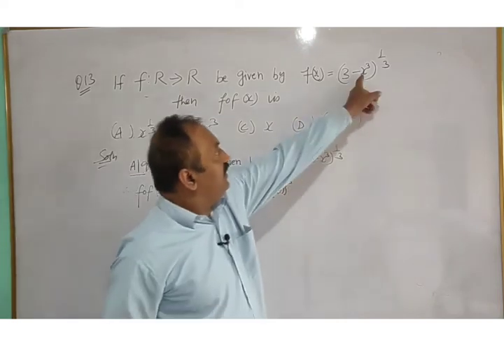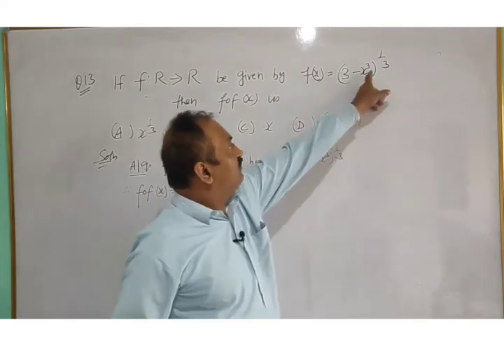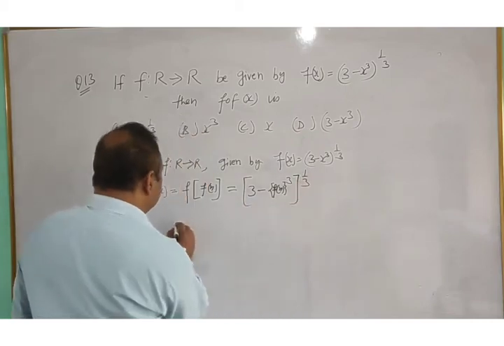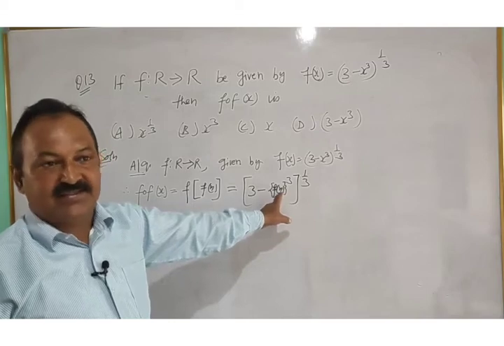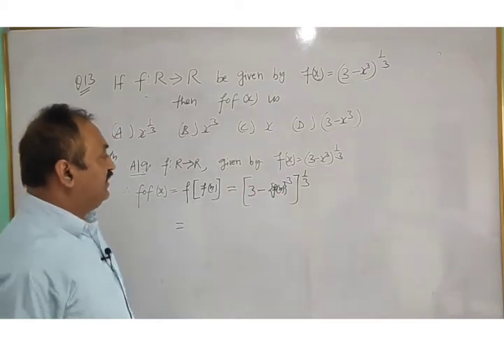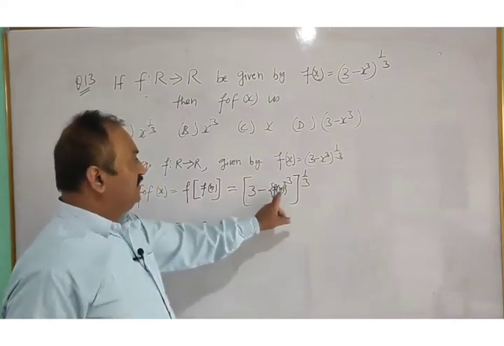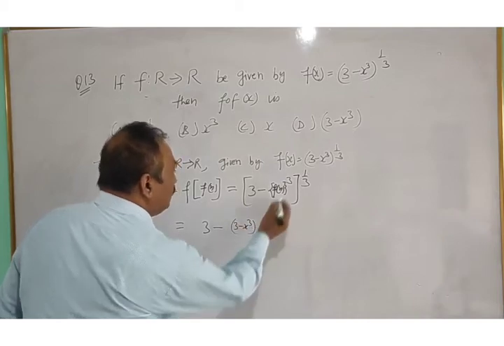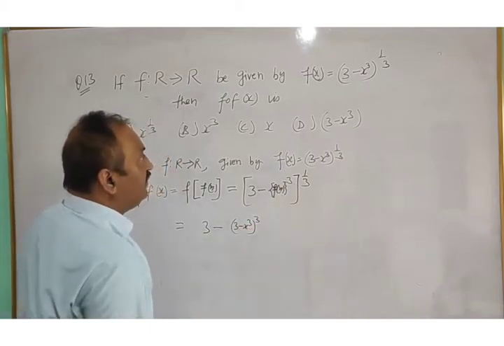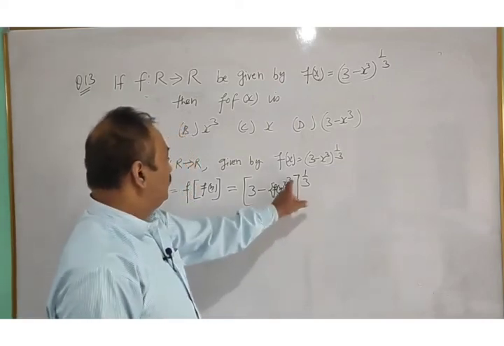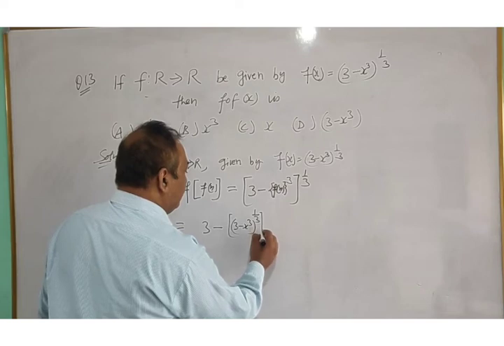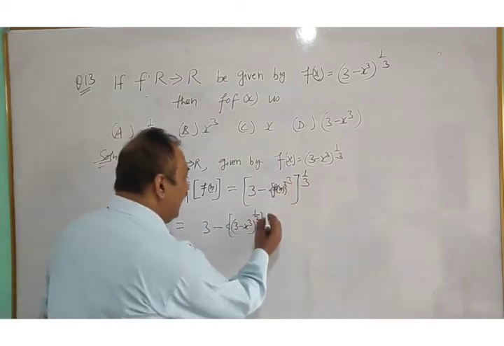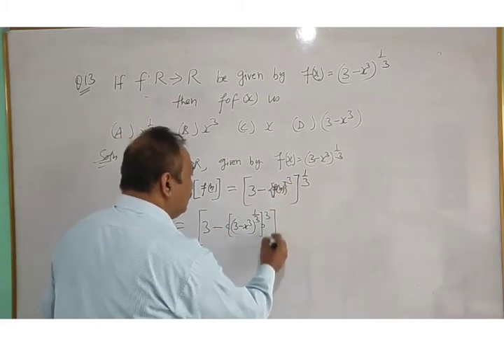we put a medium bracket here, write f(x) in place of x, raised to power 3, whole raised to power 1 by 3. And at last, substituting the value of f(x) again, and after calculation we will get the answer: 3 minus, substituting the value of f(x), that is (3 minus x cubed) raised to power 1 by 3, and whole raised to power 3, medium bracket as it is. This is the value of f(x) and whole raised to power 3,